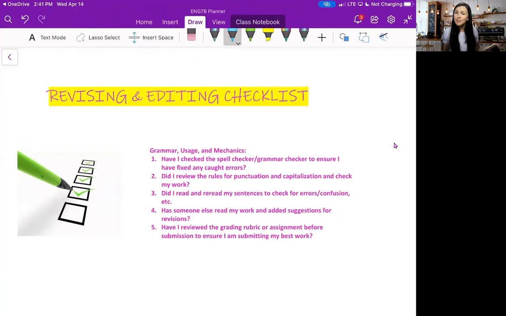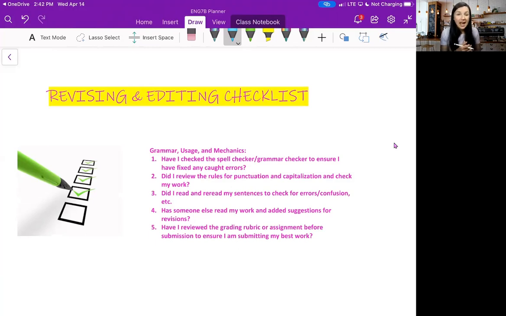So, here are some things to keep in mind. As you finish wrapping up your rough draft, you want to make sure you do these things. Have I checked the spell check or grammar check to ensure I have fixed or caught any errors? A lot of word processors, Google Docs, Microsoft Word, or Pages most commonly, will have a spell check or a grammar check, and those will come up as squiggly lines. You want to make sure you check those. Not all the time are they correct. Remember, you're working with a computer here. They don't know everything. They know a lot, but you have to have that personable touch to your editing. You want to make sure that their suggestion for your spelling error or grammatical error is correct,